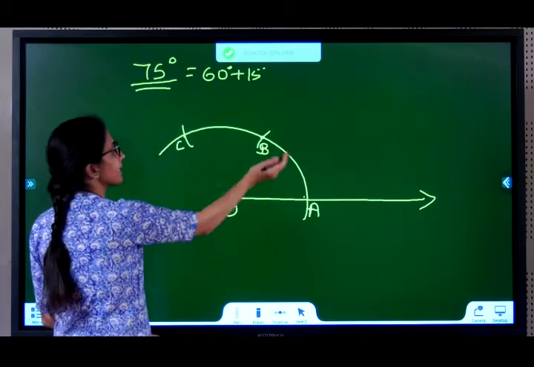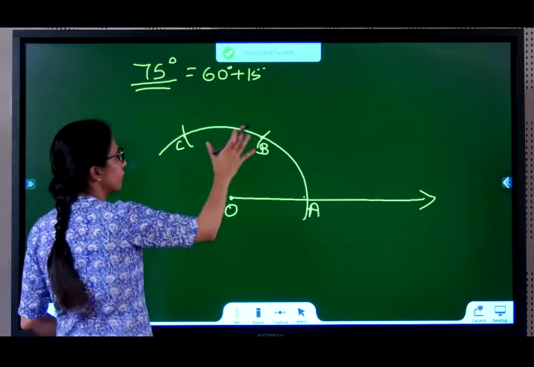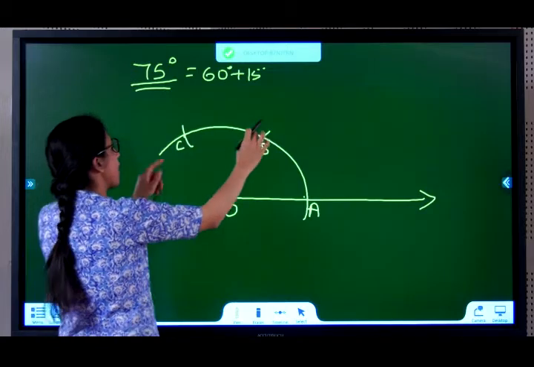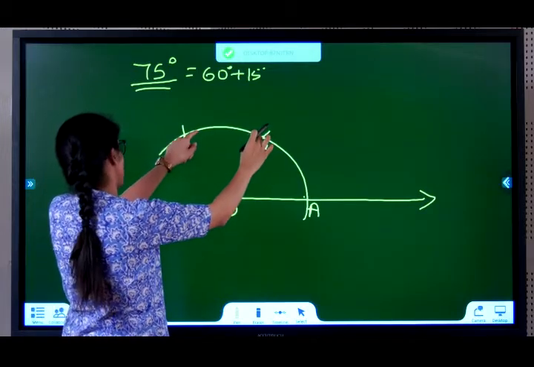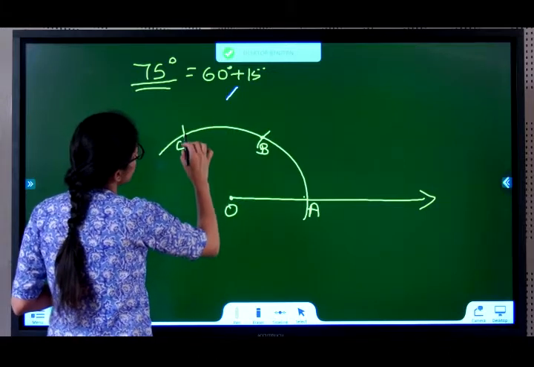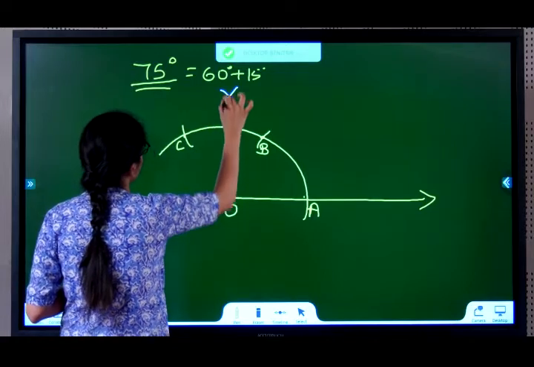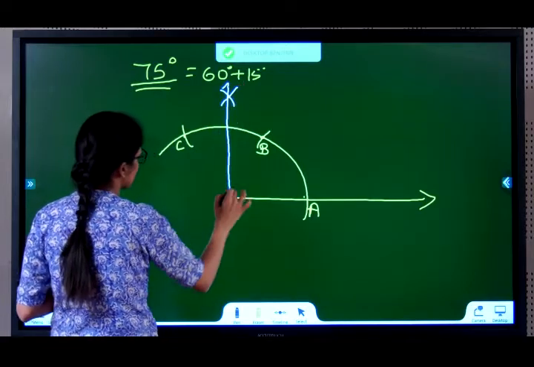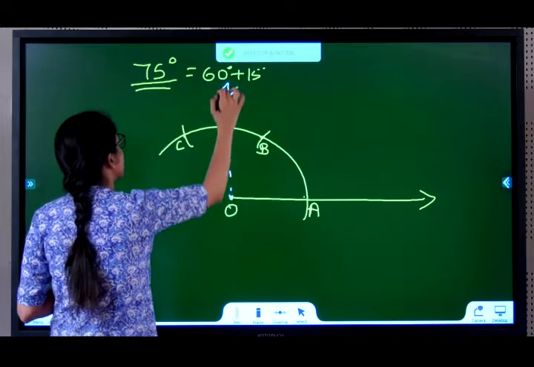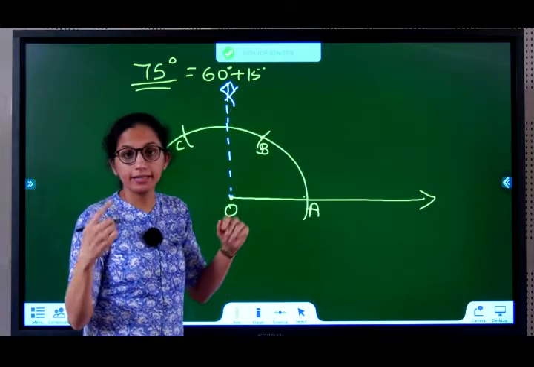So now you need 60 plus 15. So don't do anything to this part. You have to bisect this. Now to bisect this, I measure more than half of BC. Take your compass needle, measure more than half of BC. From B, cut an arc. From C, with the same radius, cut an arc. You will see that if you join these two, is this your final answer? No. So put it in dotted lines. This will be your 90, 60 plus 30, but I don't want a 30, I need a 15.